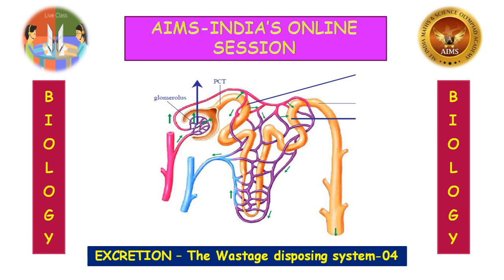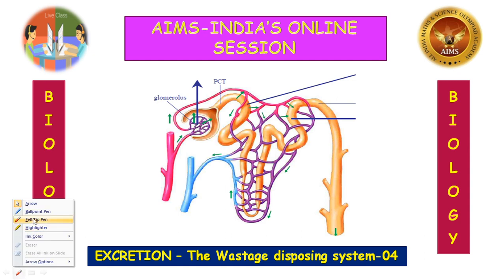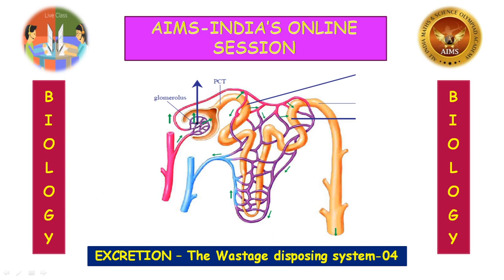Glomerular filtration or ultrafiltration occurs because the pressure of the blood flowing in the glomerular capillaries is higher than the pressure of the filtrate in the Bowman's capsule. How are the glomerular capillaries formed? By the efferent arteriole here. This is the Bowman's capsule. Next, it does not require the expenditure of energy by kidney cells.